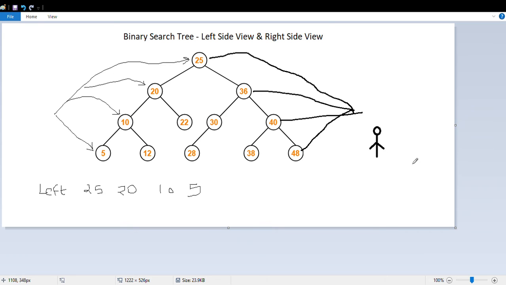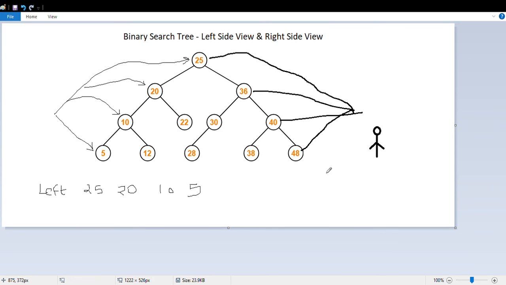So we have to find out how we can solve this problem of how the view will look from either the left or the right side. One easy way is to use level order traversal, or breadth first search. We will take a queue and keep adding the nodes.